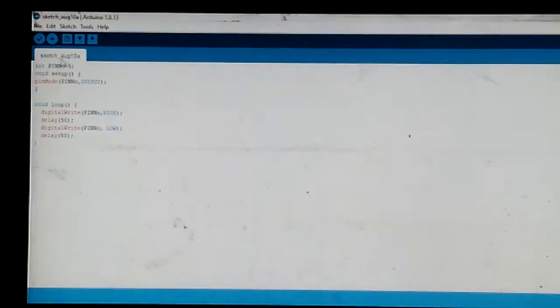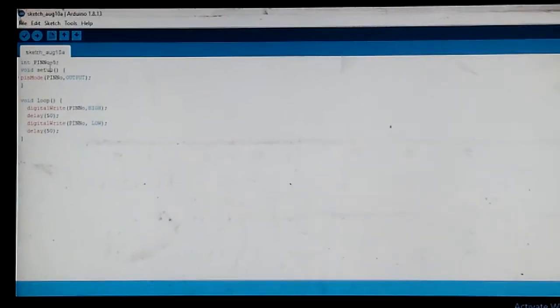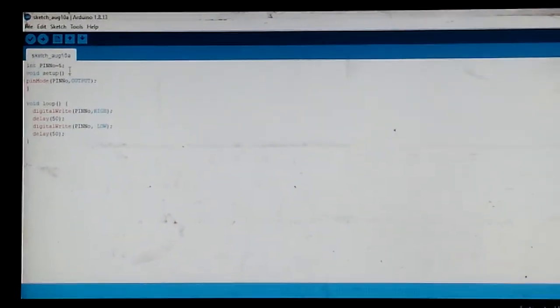Different versions are there. I recommend that you always download the latest version. This is Arduino version 1.8.13, and here is the program editor. A default name is given by the Arduino IDE, but you can change it as per your convenience as the name of your project. We have studied in the programming that we have to use embedded C. First of all, we have to initialize which pin of the Arduino board we are going to use.